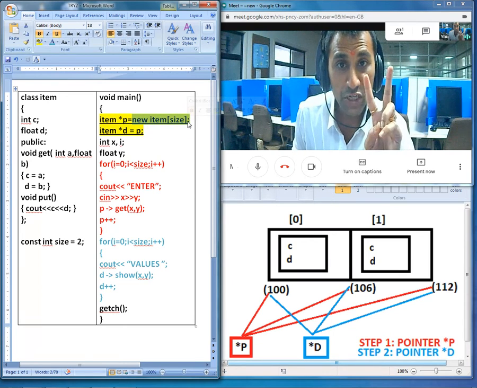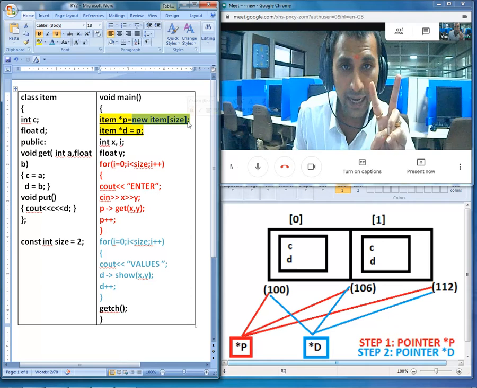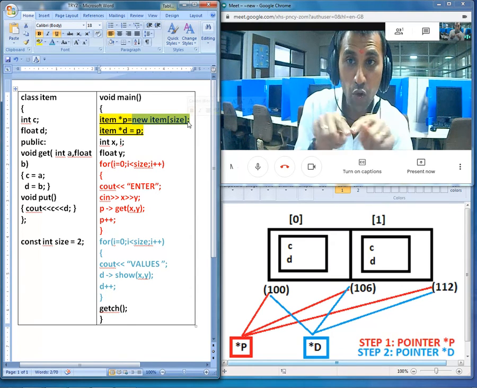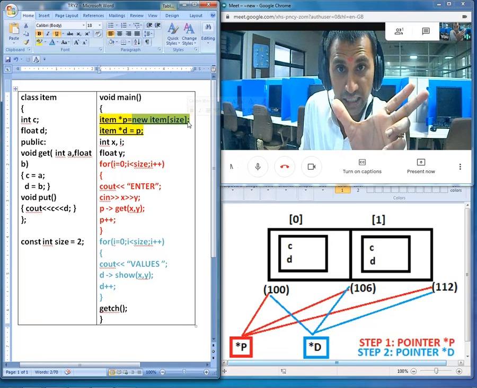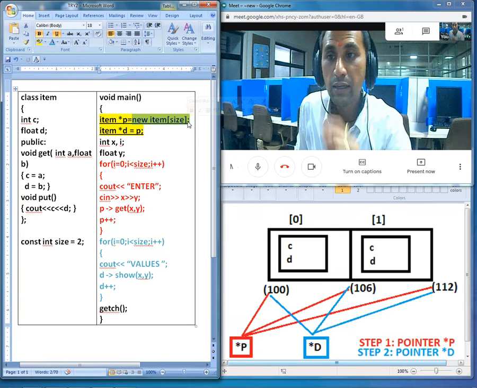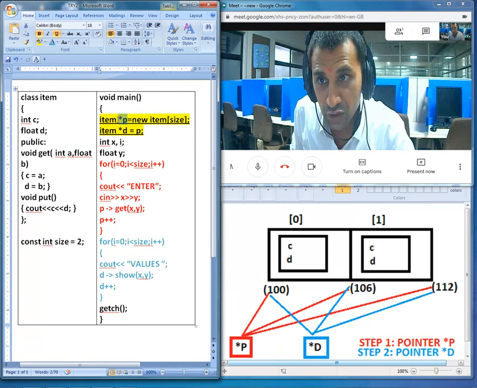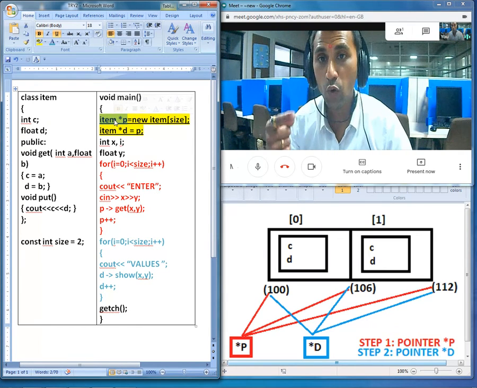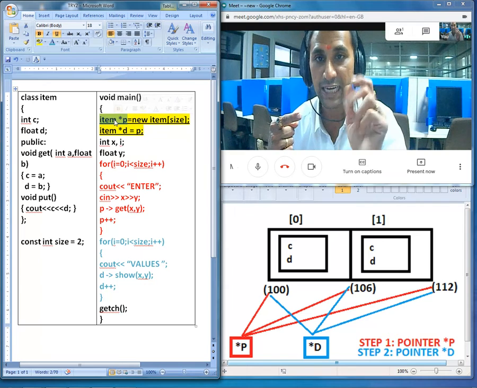All right, so this line is going to allocate the block accommodating two objects of class item and store the starting address of the entire block containing two objects in the pointer star p. Once again, the special category of this pointer star p is that it will always point to an object of class item only.